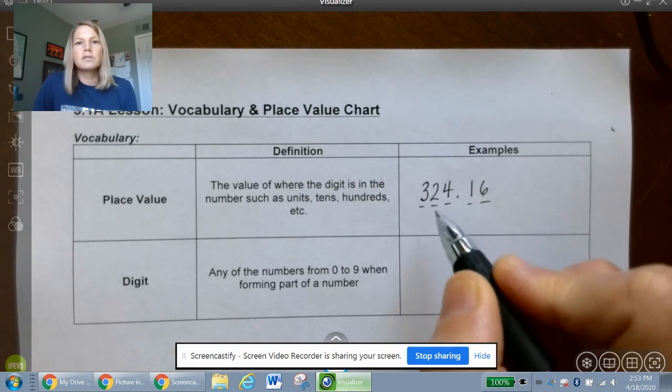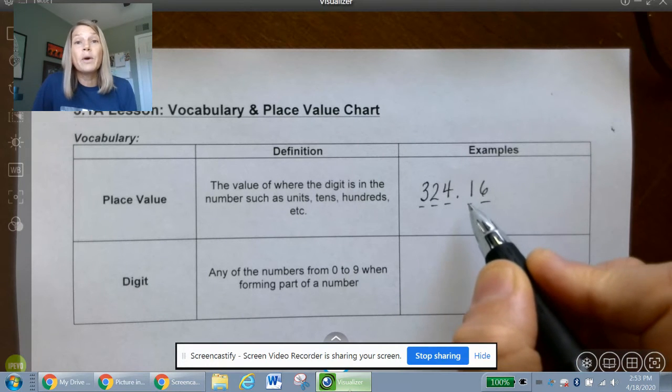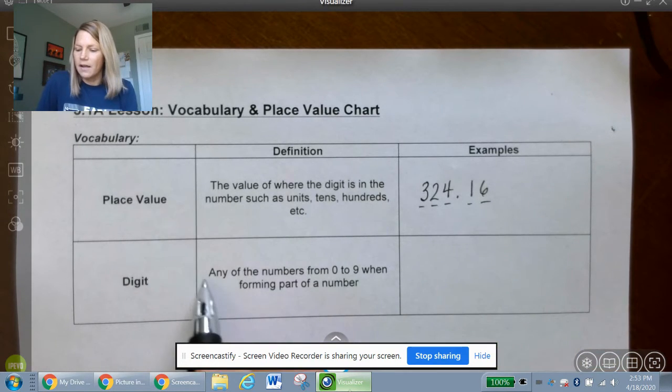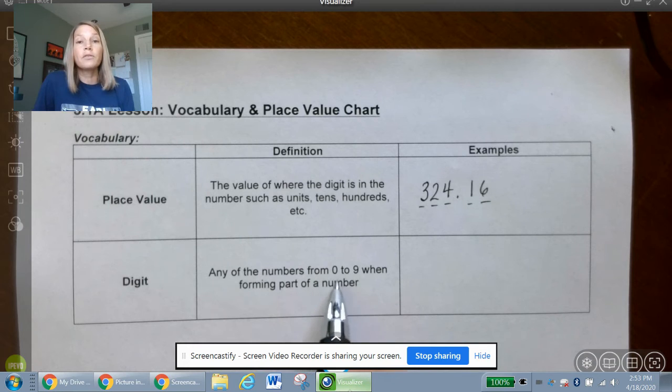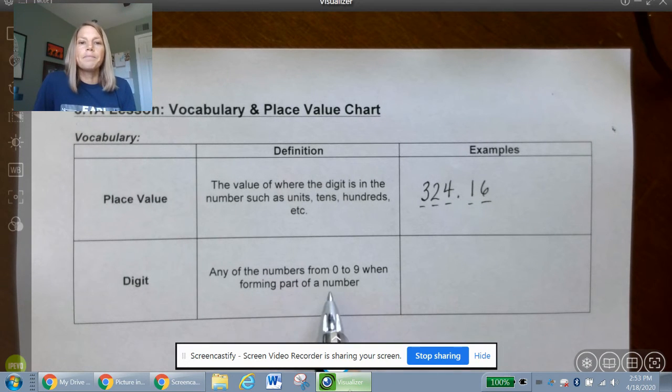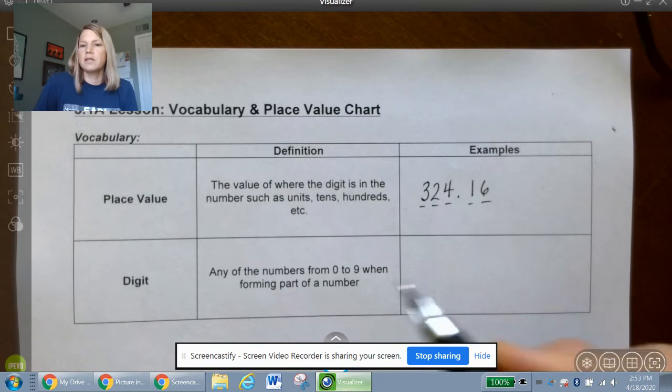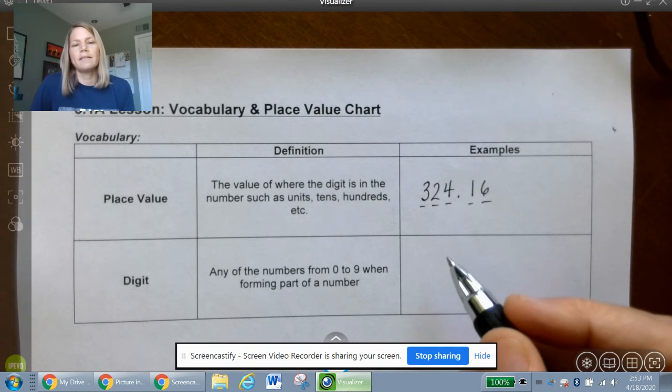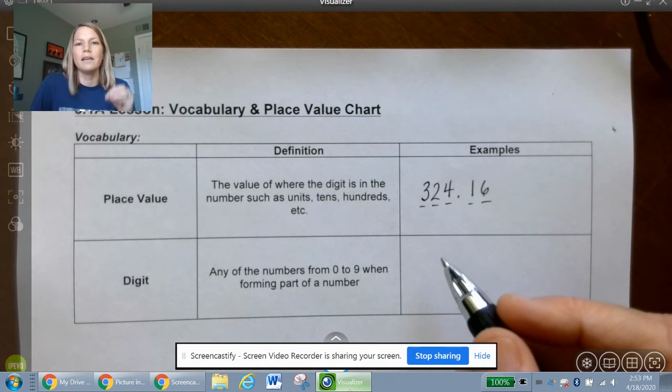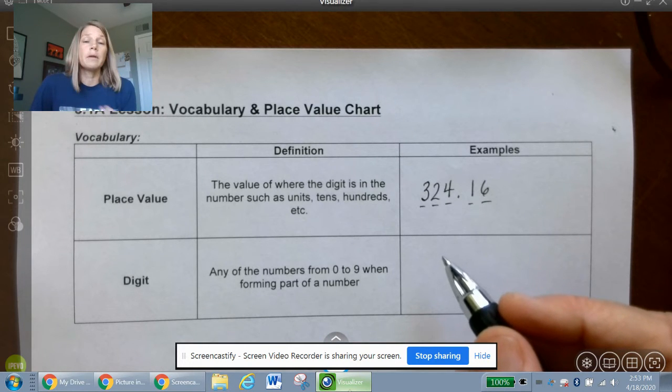Each one of these numbers, the 3, the 2, the 4, the 1, the 6, these are all digits. Digits are just any of the numbers from 0 to 9 when forming part of a number. So 0, 1, 2, 3, 4, 5, 6, 7, 8, and 9 are the only singular digits that we have in our numerical system. But together, when we put them next to each other, they make all sorts of different